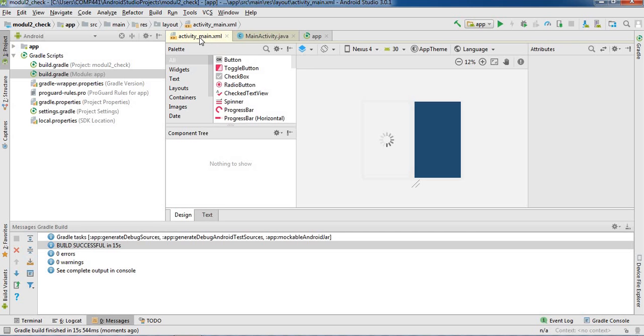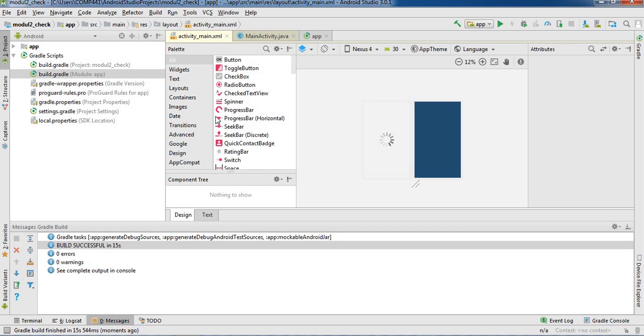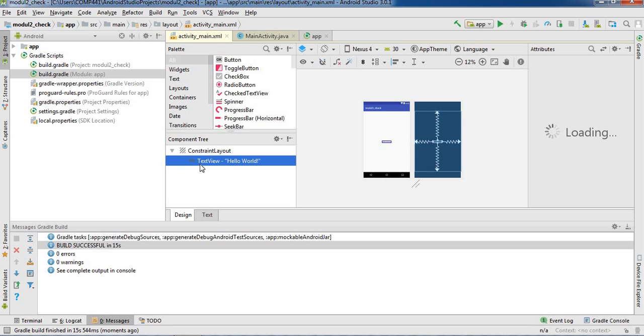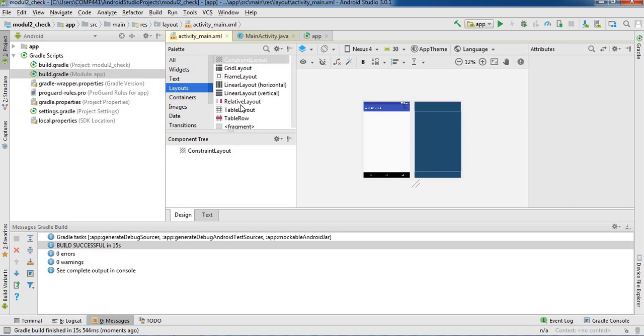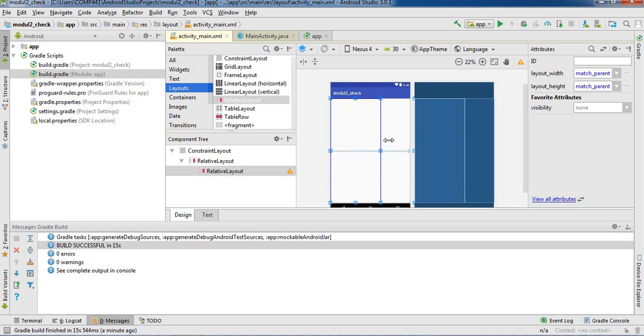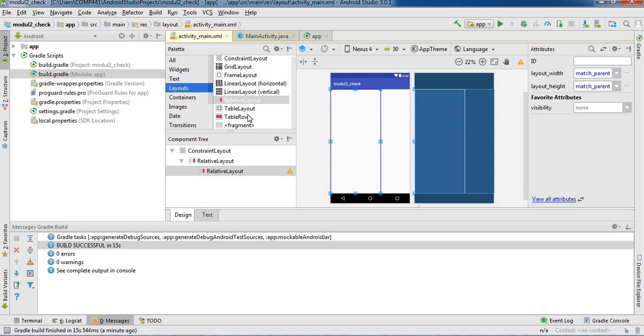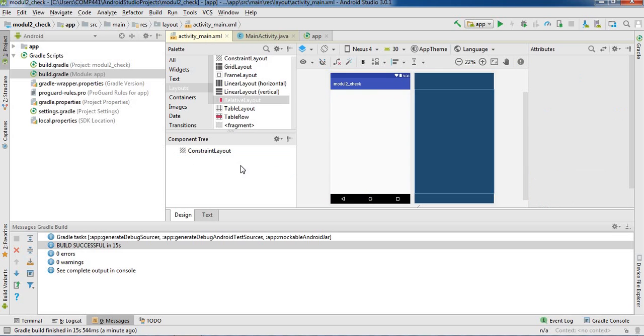First go to the XML file, because we have to insert some checkboxes in the XML. Before starting the XML, I am just going to take a relative layout first, because if I take a relative layout, then I don't have to set all the credentials.